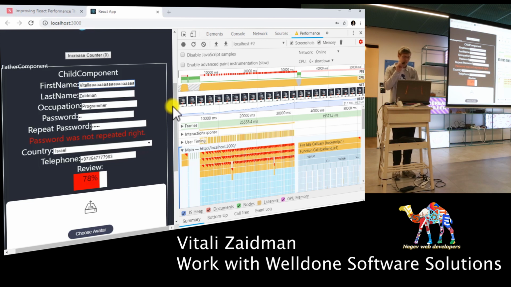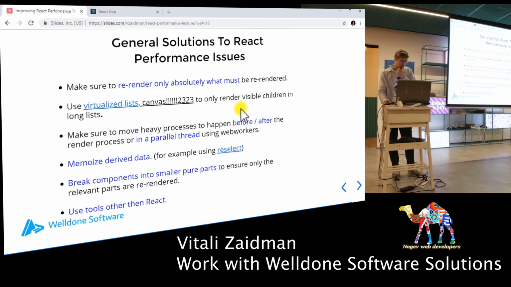You can achieve it with many libraries that do it. It's called virtual lists. And it just makes sure you don't have too many DOM elements on the DOM, and don't have too many